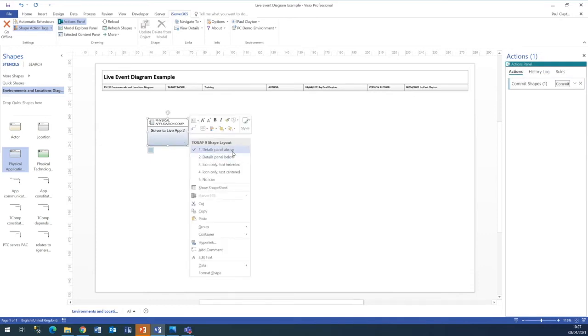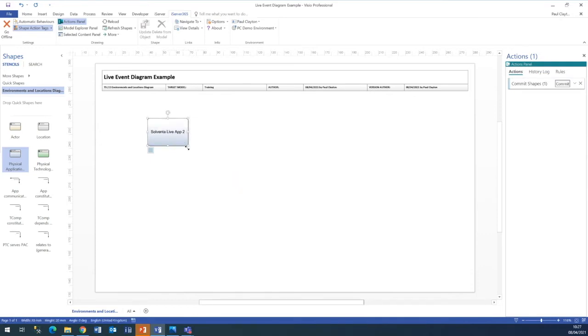Now, all of the shapes that we create are polymorphic in nature, so we can, of course, adapt the look and feel to these to any particular view that you might want to create as an end user. That's the beauty of using Visio as the front end for these diagrams. Now, that is, of course, if you're creating new components. However, in most cases, you probably won't want to allow the end user to create new applications from this interface. We have that central repository for a reason. You want people to manage things within that and then simply reuse them on these